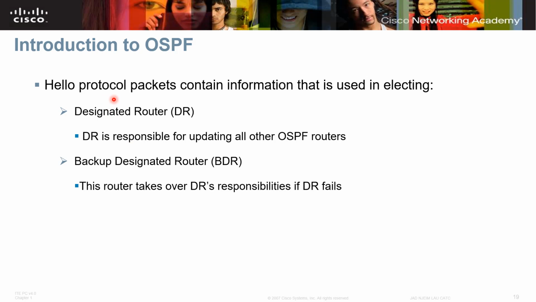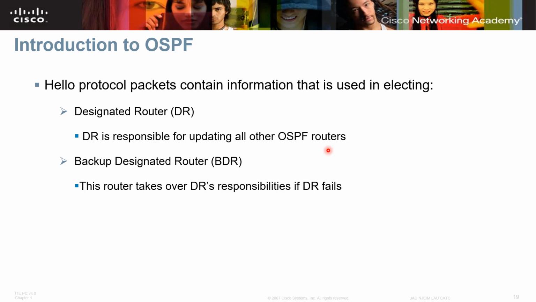Again, the hello packet is used to select the designated router and a backup designated router. The definition of the designated router is also very important. The designated router is responsible for updating all other OSPF routers, because it will be the main router. All other routers, that means router 1, router 2, router 3,